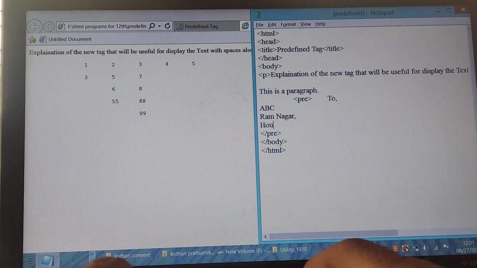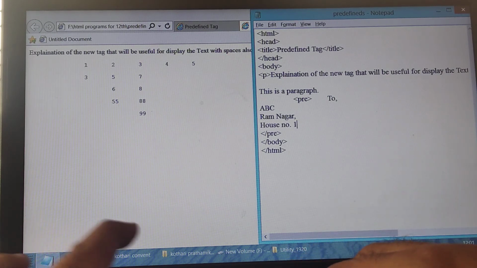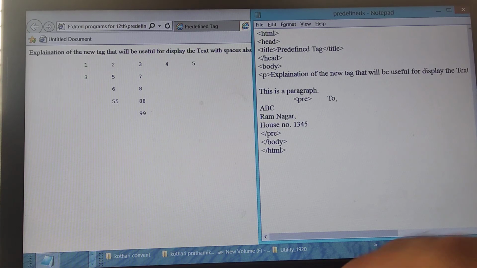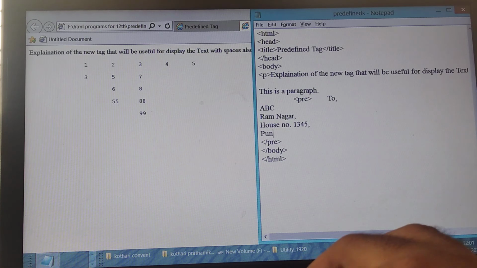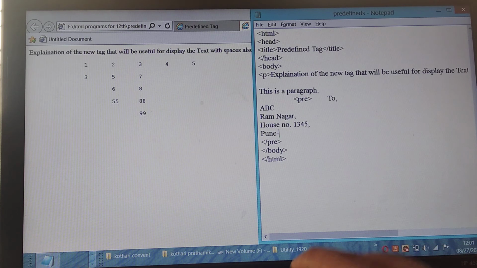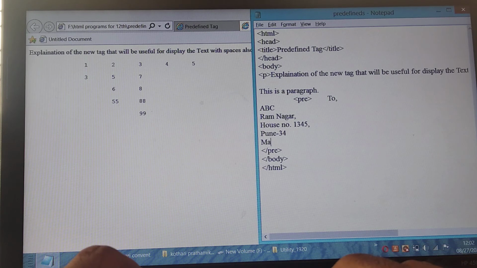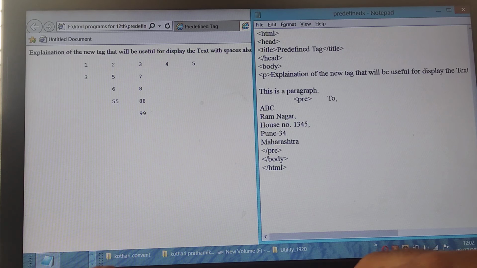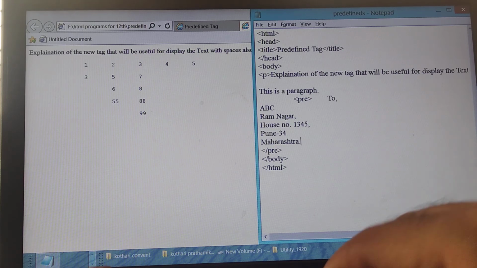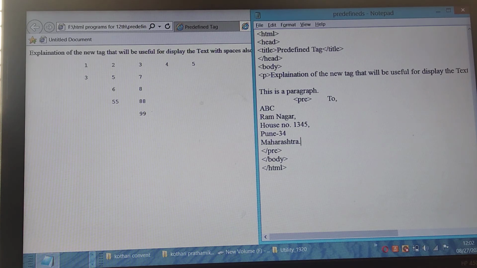House number 1345, Pune 34, Maharashtra. Okay, this is the address of a particular person named ABC.